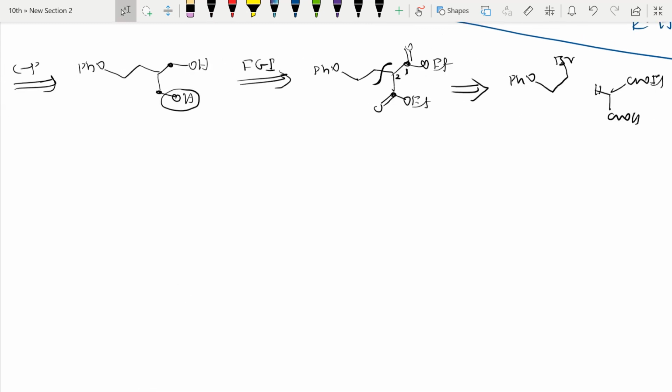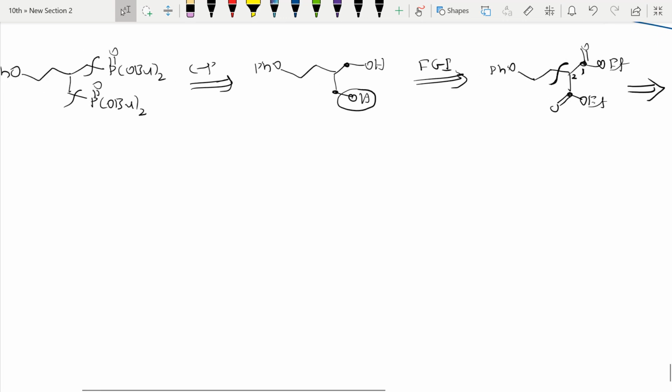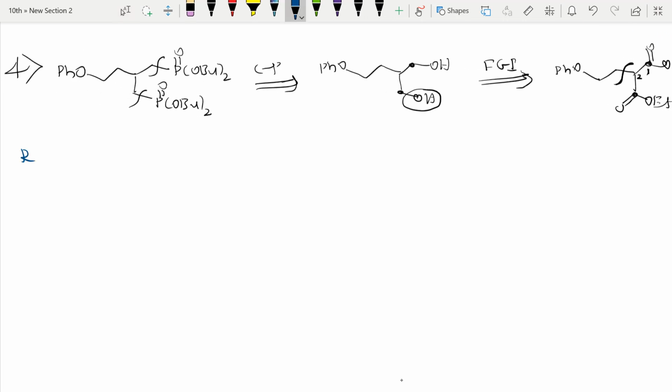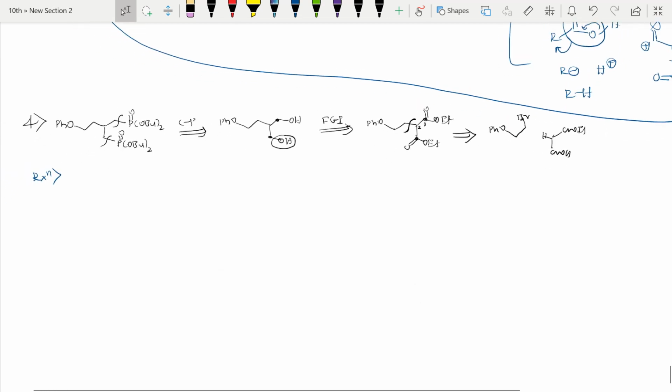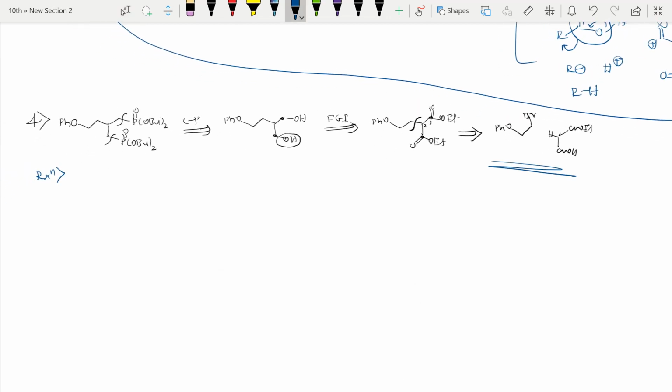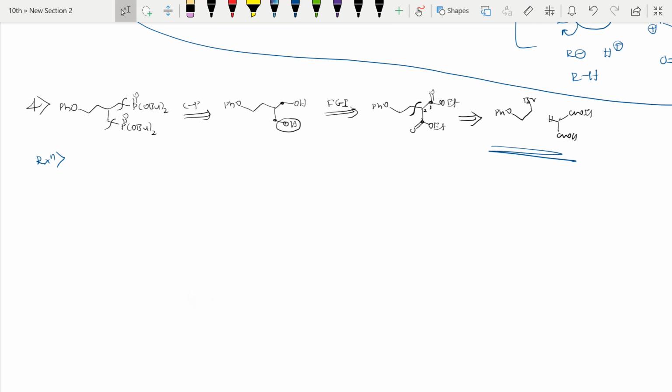If I write the reaction, you will get to know why I made that alcohol into esters. So let me take the same starting agents. What were the starting agents? Let me do it small. So these were the starting materials for me now, because the one which is retrosynthetically disconnected lastly will be the first one to react. So in lab, what I will do, first I will take this reagent and I will add a small base, because this proton is there, right? This proton is less acidic, right?